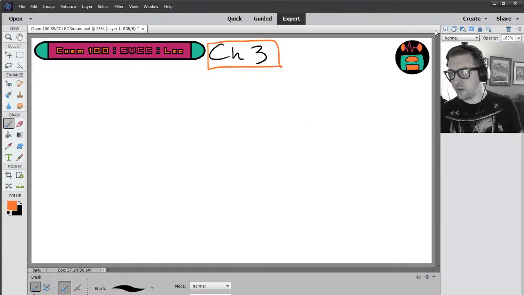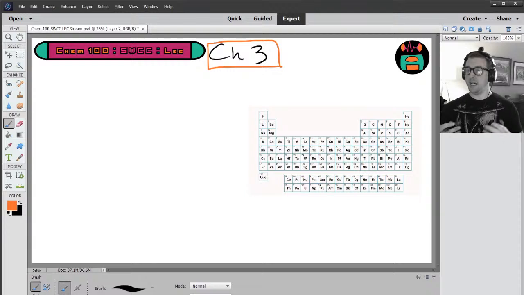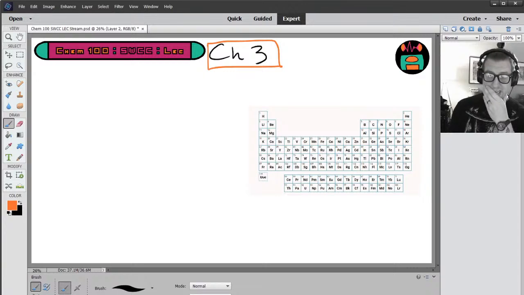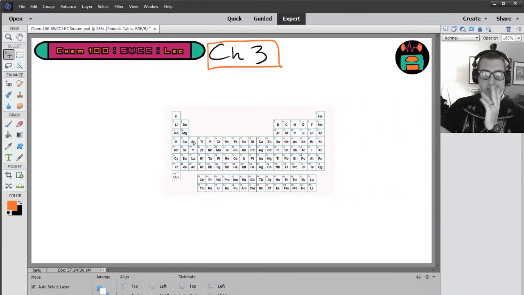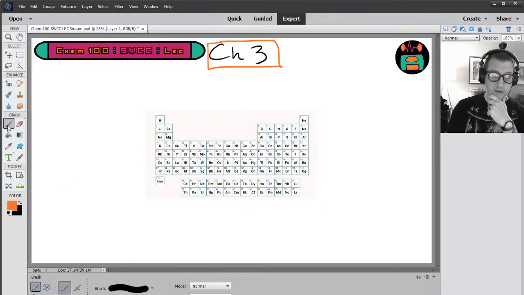Now, the main player in Chapter 3 is the periodic table. We're going to be getting familiar with this thing. We're going to be using it a ton. And so it is going to be front and center. Now, there are just a few things that you need to be aware of and familiar with respect to the periodic table, and that is, a little bit of nomenclature. When we talk about